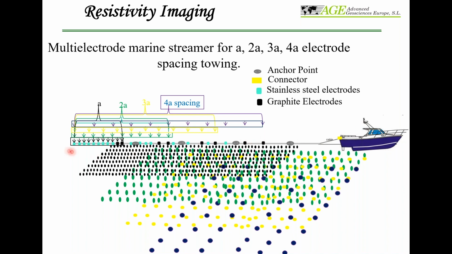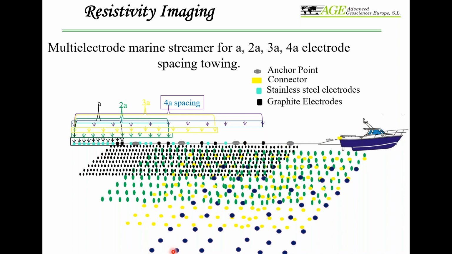Either you have a special multi-streamer cable, or a multi-electrode marine cable, let's say 28 or 56 electrodes. You can manage to use the same cable for underwater study and also for pulling, with different electrode spacing measurements. With 2, 3 and 4 electrode spacings, you'll get